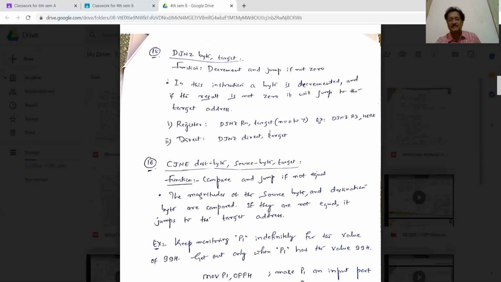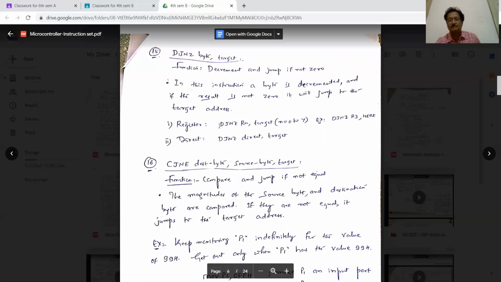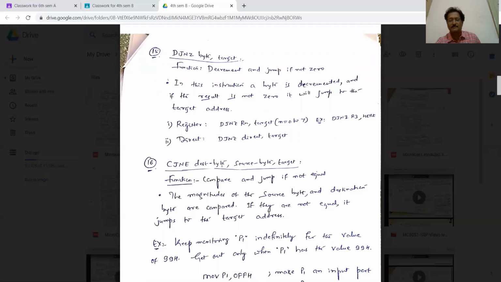So three variations are there: one is accumulator, second one is register, and the third one is direct. While making your notes, make compact notes, and under the heading DJNZ, you write all three: first A, then Rn, then direct.